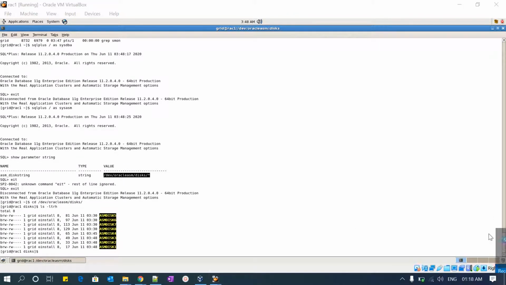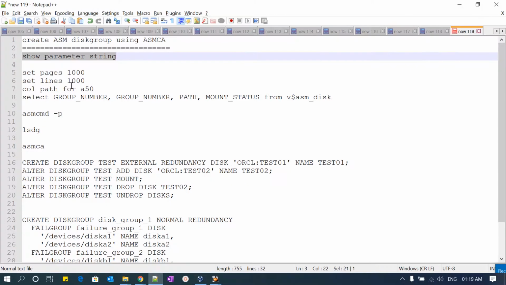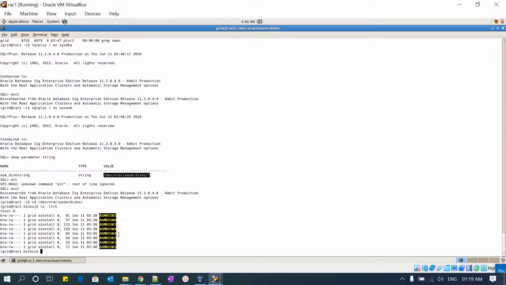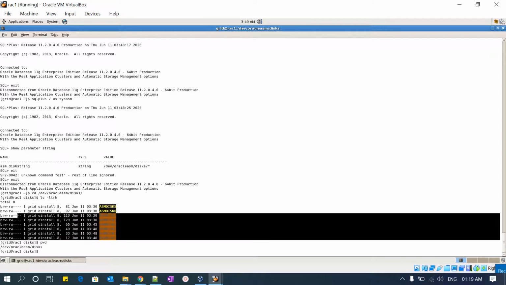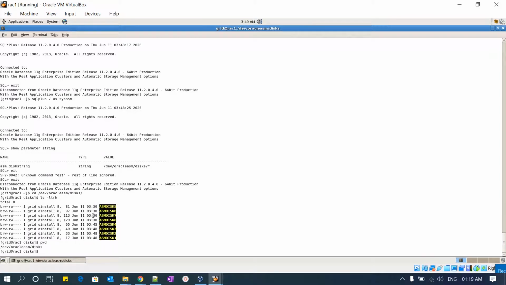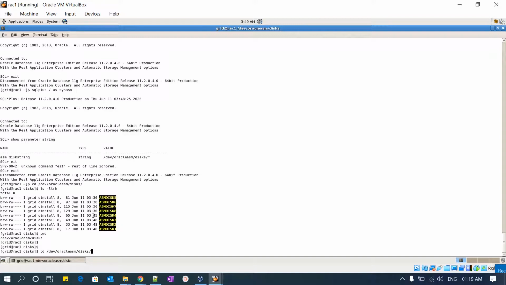If you do ls -ltr here, these are all your ASM disks. So at the server level in /dev/oracleasm/disks, you get all these ASM formatted disks.